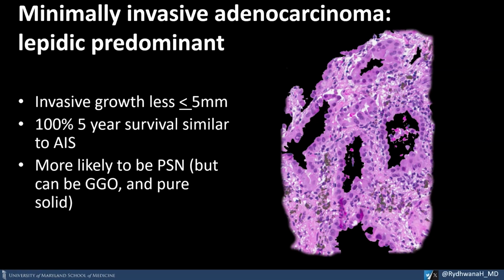And what you're looking for in these patients is invasion less than 5 millimeters, which was an independent prognostic factor as significant as, say, vascular invasion or local regional lymph node metastasis. And it's actually been argued that it's the size of the fibrotic invasive focus that's more important than the overall size of these nodules. And these minimally invasive adenocarcinomas can present as purely ground glass nodules or solid nodules, but they usually are part solid nodules.